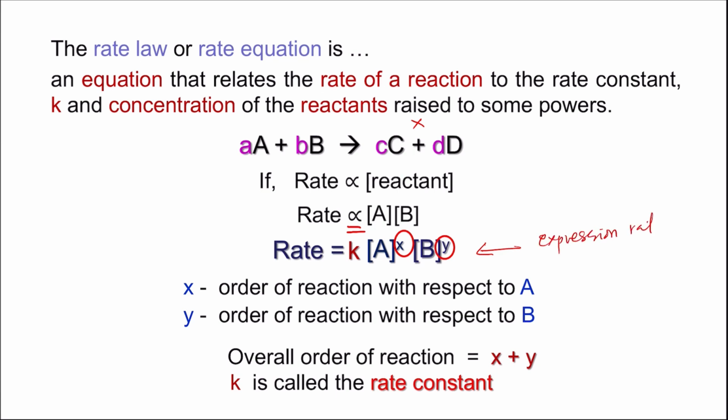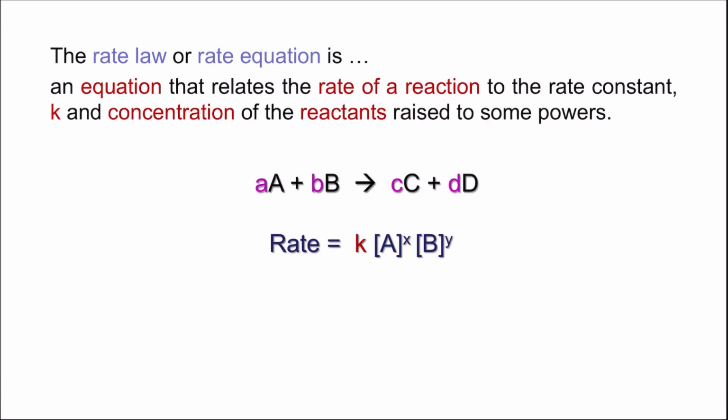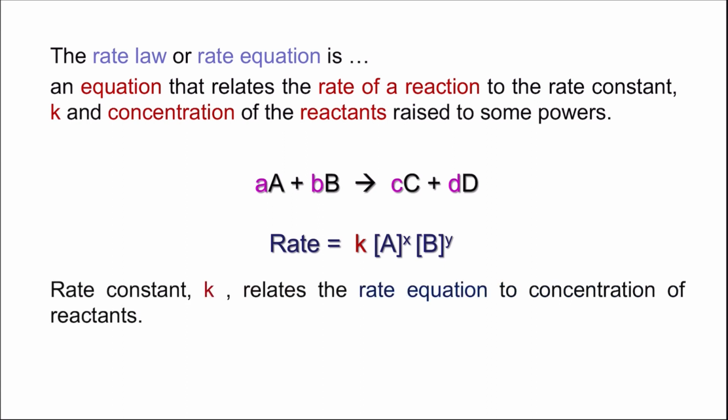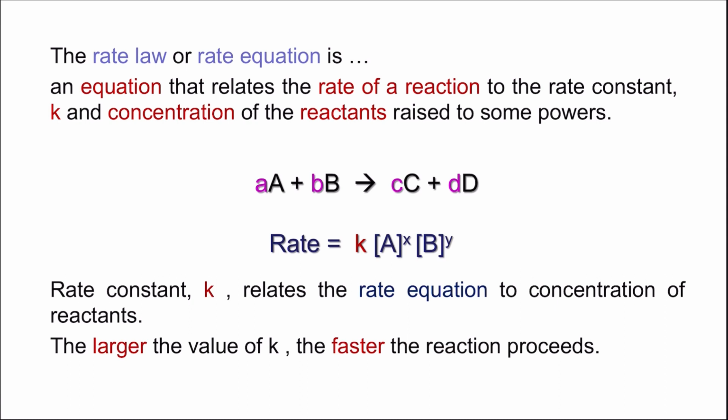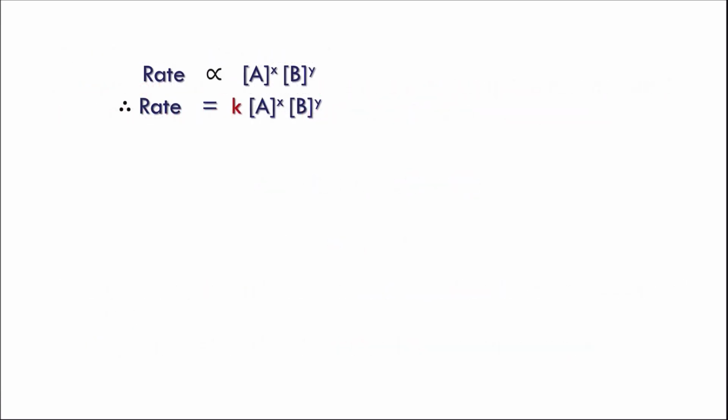So expression for rate law ni sangat important dalam video kali ni dan awak mesti write based on reactant. Seterusnya, once kita dah ada expression for the rate law, rate constant ni akan relates dengan rate equation to concentration of reactant. Maknanya, sekiranya nilai K awak besar, reaction itu akan proceed dengan lebih cepat. Jadi, time taken sangat pendek. Itu relationship yang awak perlu tahu. Seterusnya, kita ada this expression, rate law expression. As I mentioned before, X dan Y adalah order of reaction dan value ini perlu determine